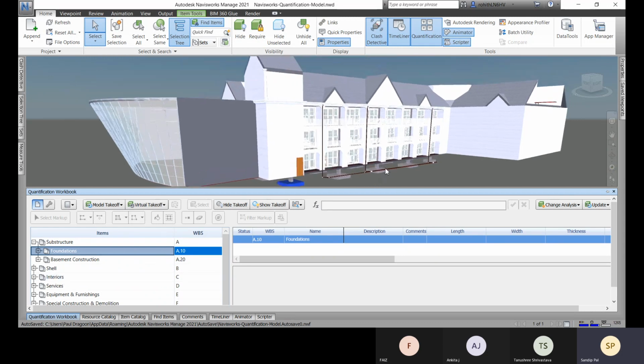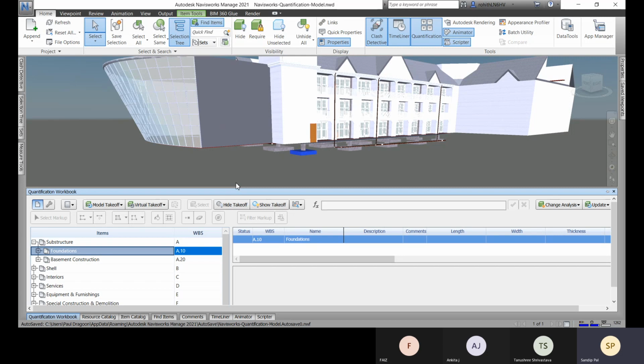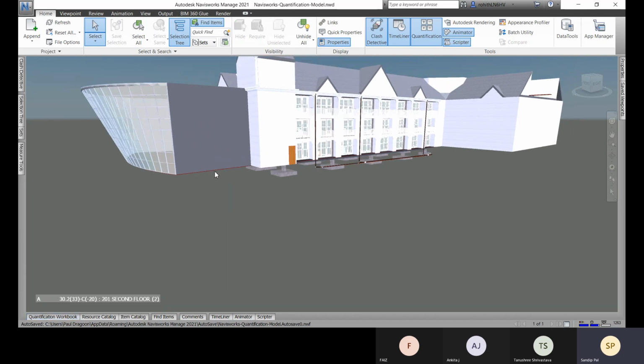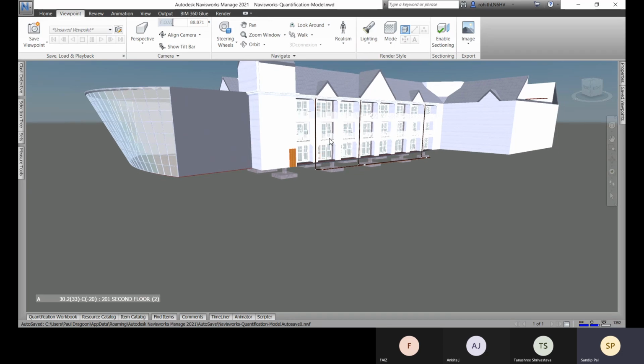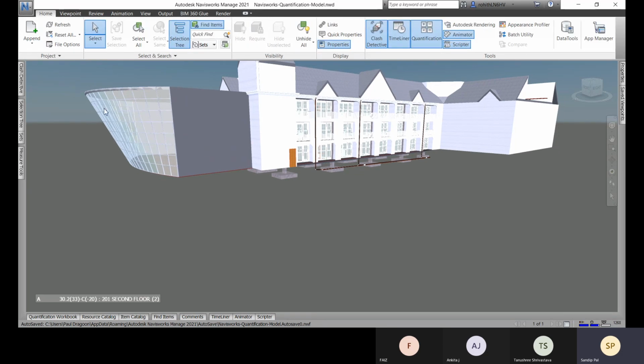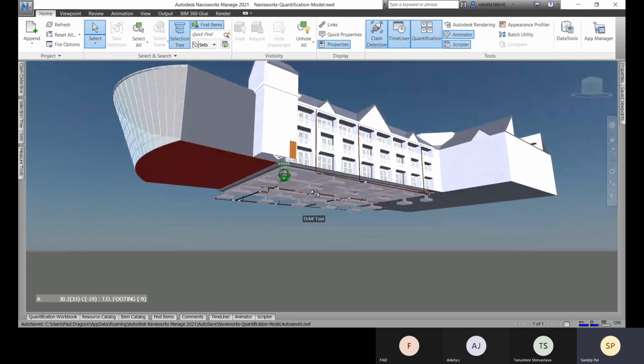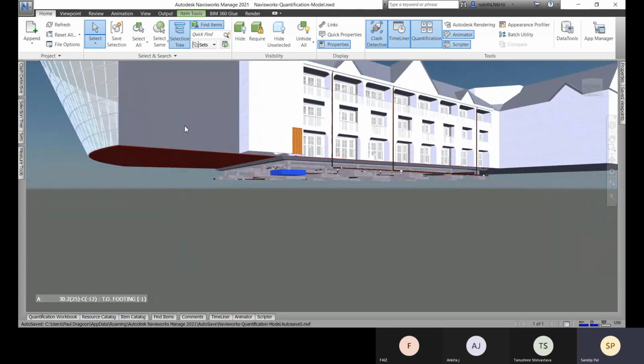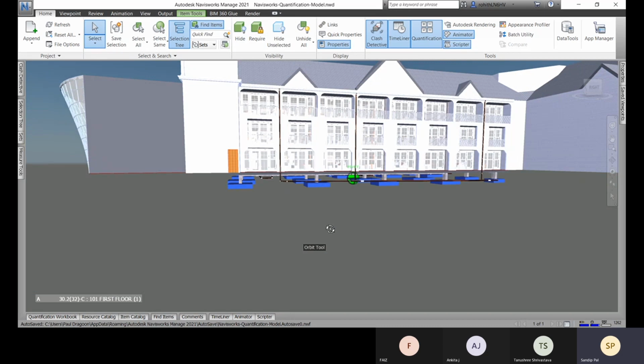This will be very lengthy, so how can we quickly add all of this? Let me show you another way. You all remember how we go with save viewpoint and save selection. You remember how to do save selection? That we will apply here. Let me select this one, and let's select same type. So these are all selected right now.